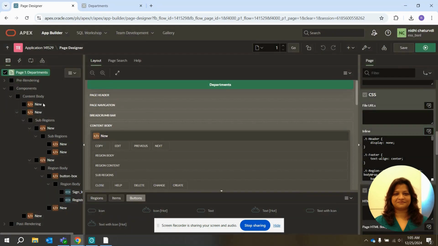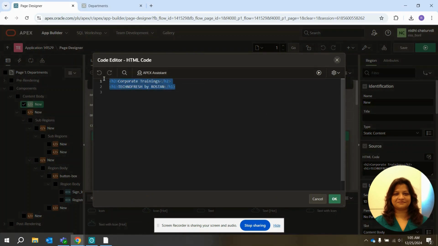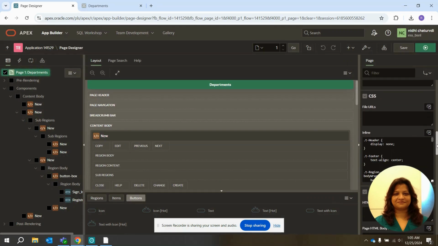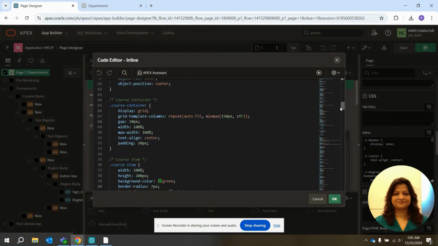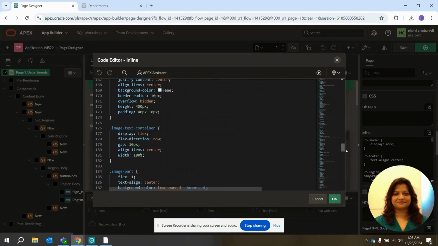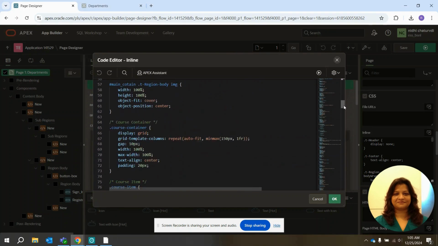Now first, I calculate the heading and the H1 and H2 headings. So I place the CSS for the H1 and H2. This one,